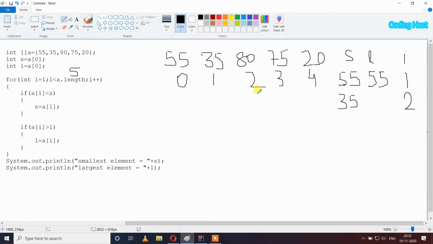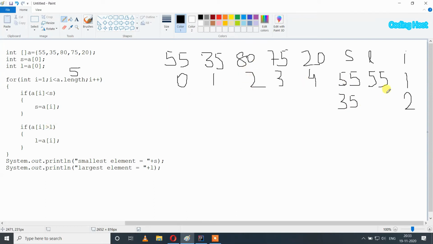So at index 2 we have element 80, and in the s variable we have 35. So 80 is not smaller than 35, so this condition is false and it will not execute. And in the next if statement, if a of I is larger than L, at index I, which is 2, we have element 80, and in the L variable we have element 55.